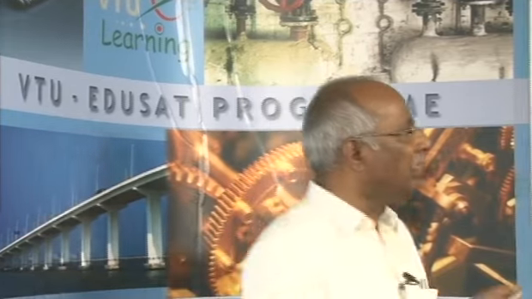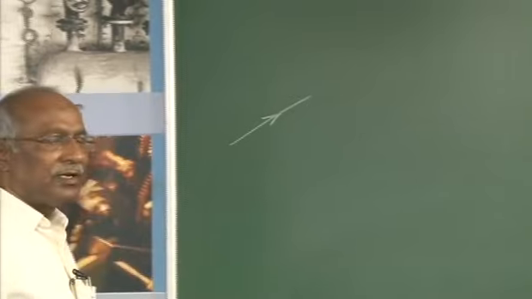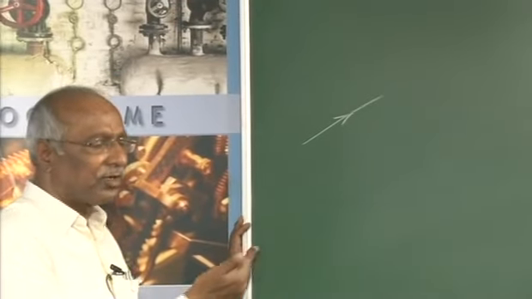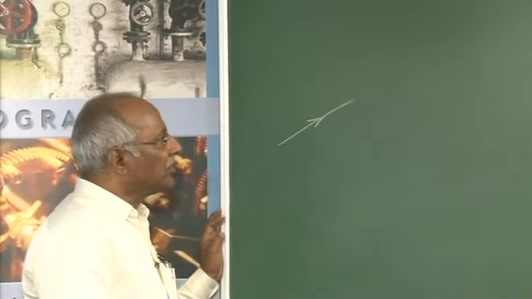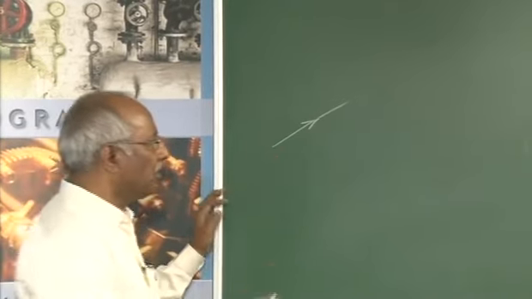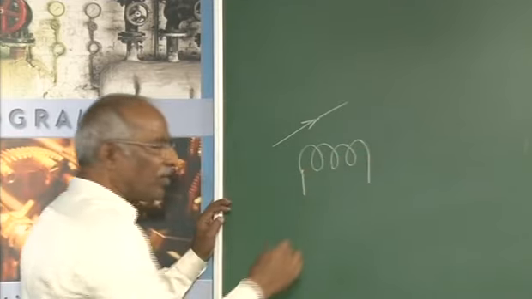Namaskara. In the last class, we started with magnetism, went to electromagnetism and further to electromagnetic induction. I will just brief as to what all we did in the last class. As and when the conductor carries current, it produces flux. The direction of the flux produced can be determined by going for the right hand rule. In order to increase the flux, generally it will be coiled, in which case the flux produced will be more.